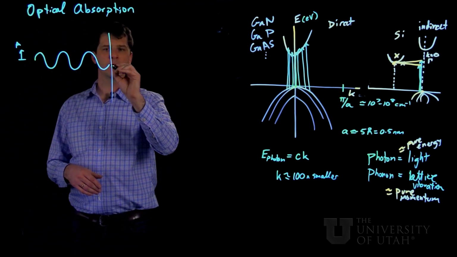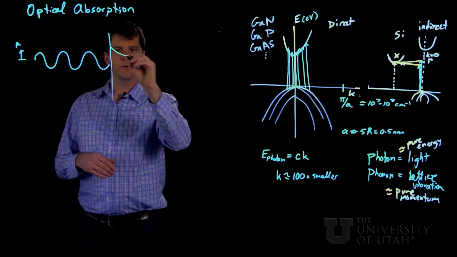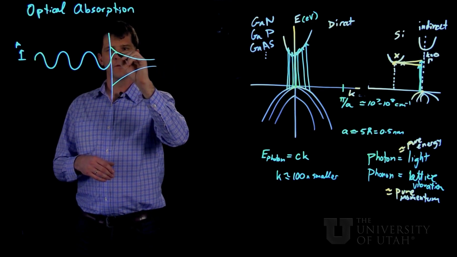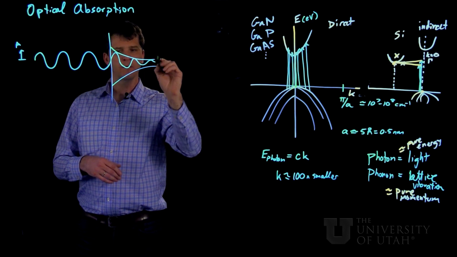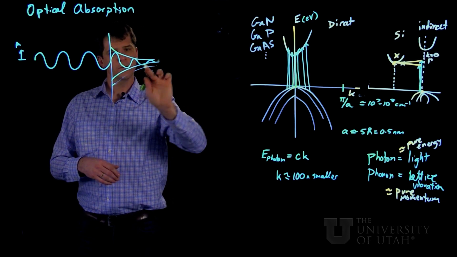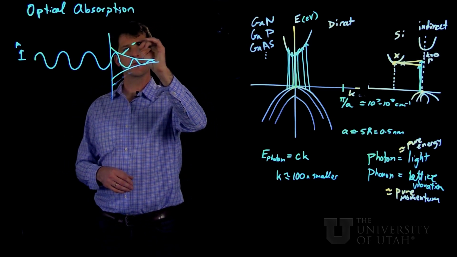But then if it crosses into a medium that absorbs it, its amplitude will decrease exponentially as it goes in. So we'll see this amplitude go down like this. Looks more like that. So the amplitude has a certain exponential decay,